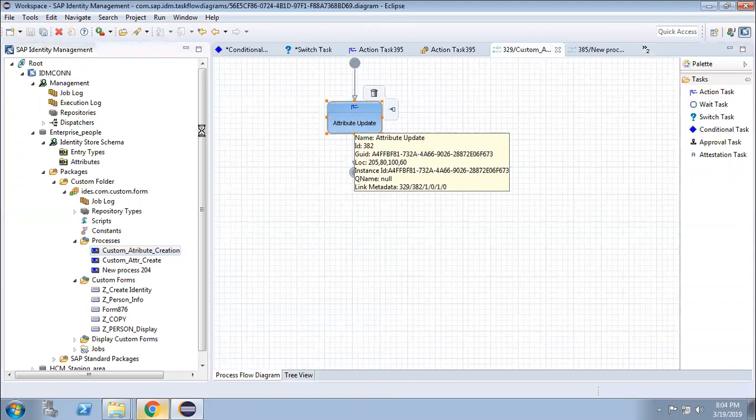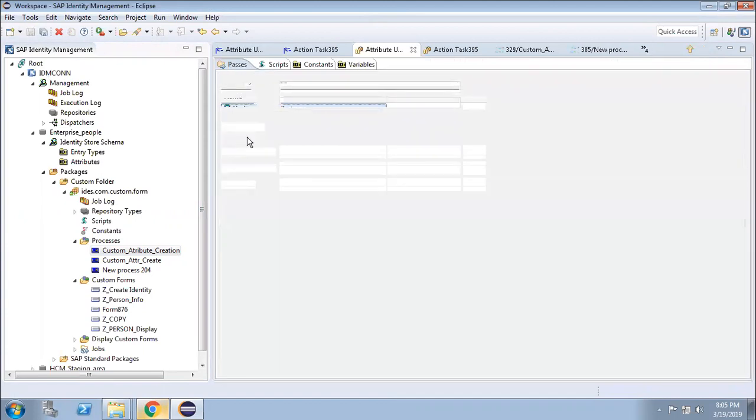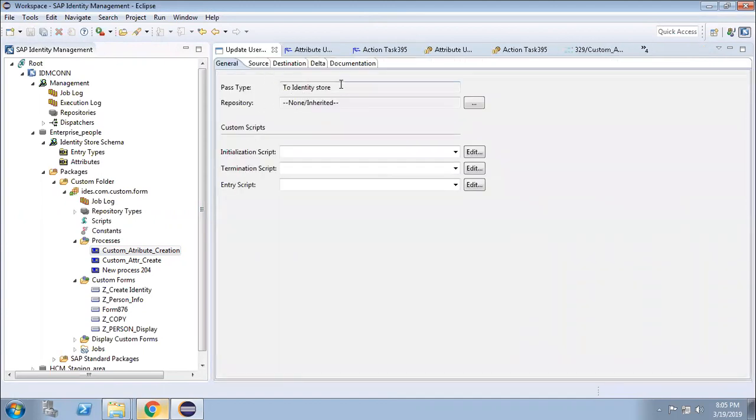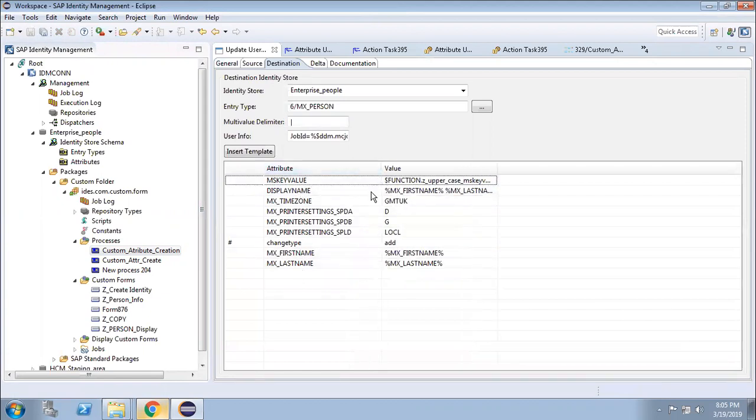In the action task, I use the path 'to identity store'. That means I am updating the data in IDM. That is why I use 'to identity store'. And these are the corresponding attributes that I have updated. Any confusion?